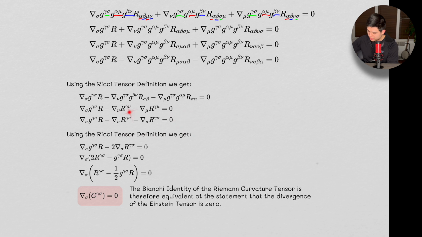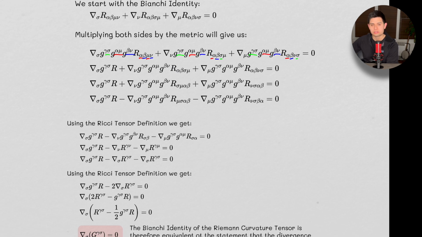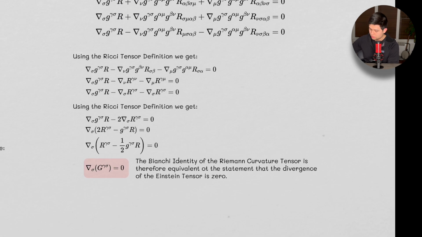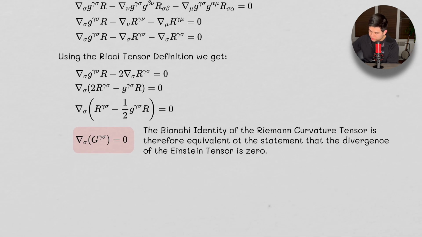This is the same thing as this up here, and we started all this with the Bianchi identity, right? So nothing has changed. We just multiply both sides by something, and then we're swapping around indices. Okay? But now, this is where things get quite interesting, because we see now that we have this guy right here. These two guys are the same, so it's minus 2 of them, all right?